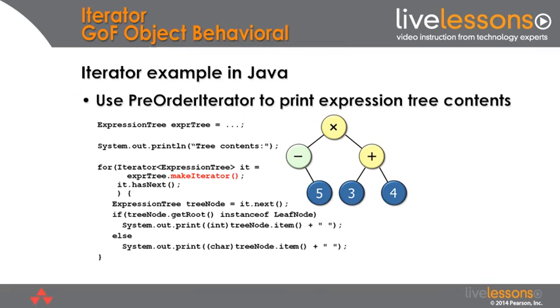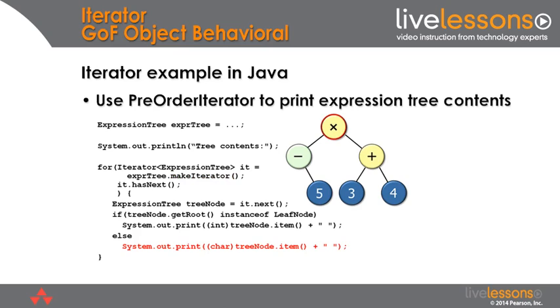And what we're going to do here is also illustrate a couple other interesting aspects of how you might use iterators. As you can see, we start out by calling the makeIterator factory method on expression tree, and then while there's something left to iterate over, we take each element one at a time, and we do a type-safe downcast to check to see whether the element we just got back is in fact a leaf node or a composite node. If it turns out that what we got back is a composite node, which is what it would be to start out with,